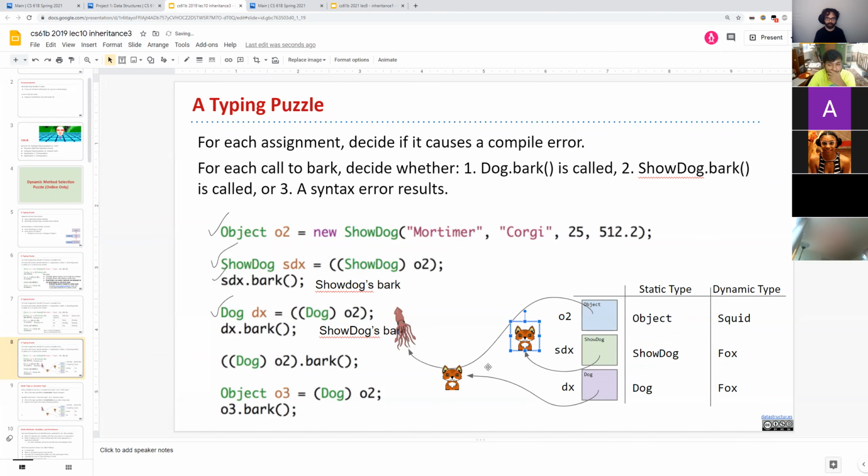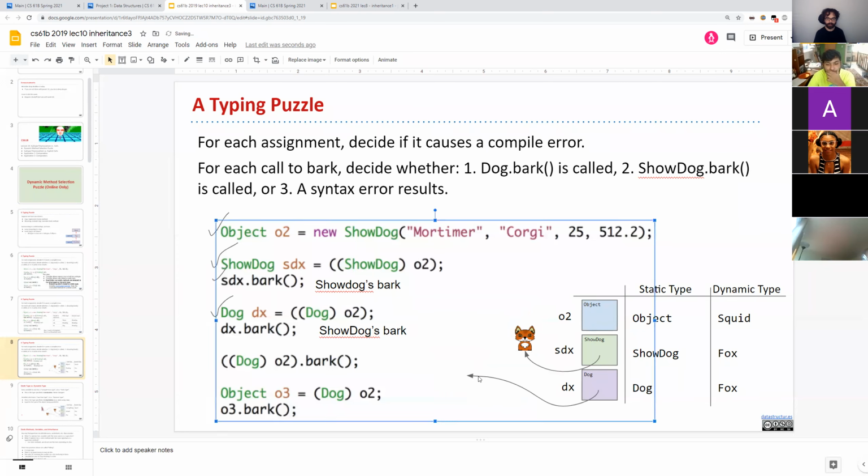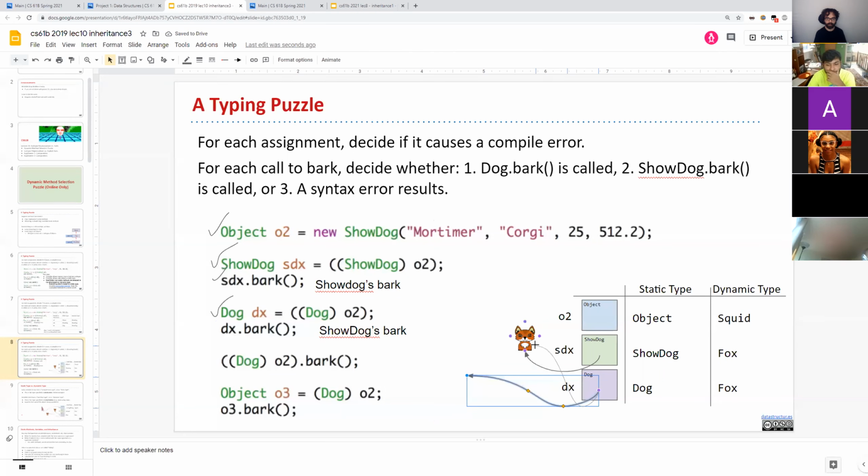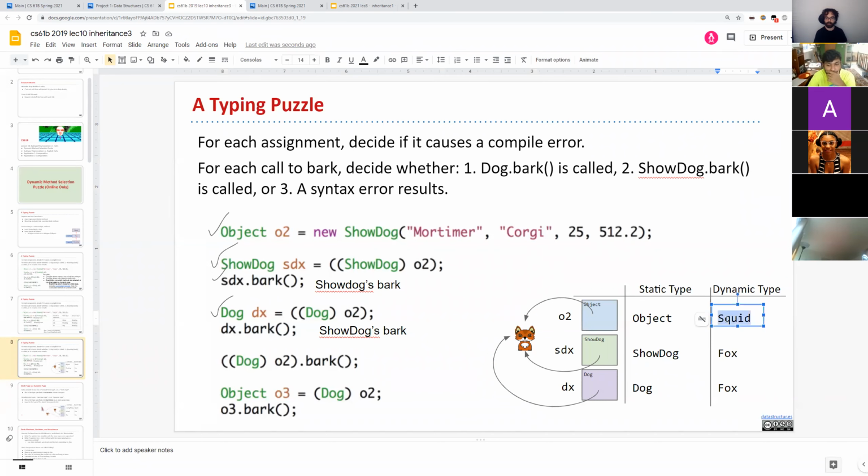And they're all pointing at the same show dog, who could be a fox. Okay, so crucially, all three of these memory addresses are the same. They're all the same 64-bit address of this object. And so when I say the dynamic type, they're all the same thing, right?